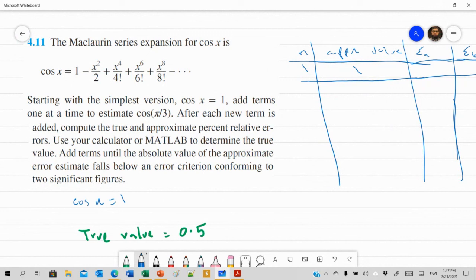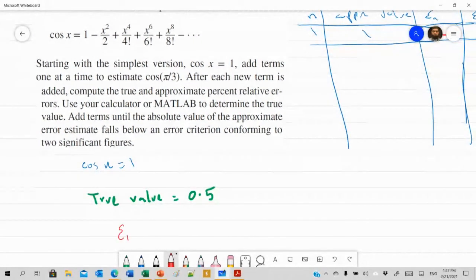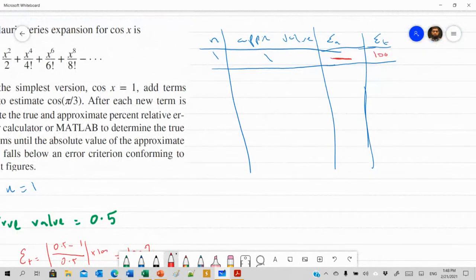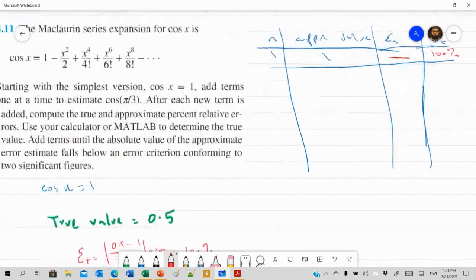So the approximate error, because we don't have any other value to compare with, there is no approximate error. The true error in the first one is true value minus approximate value divided by true value into 100. So that is 100% error. Now when n is 2,